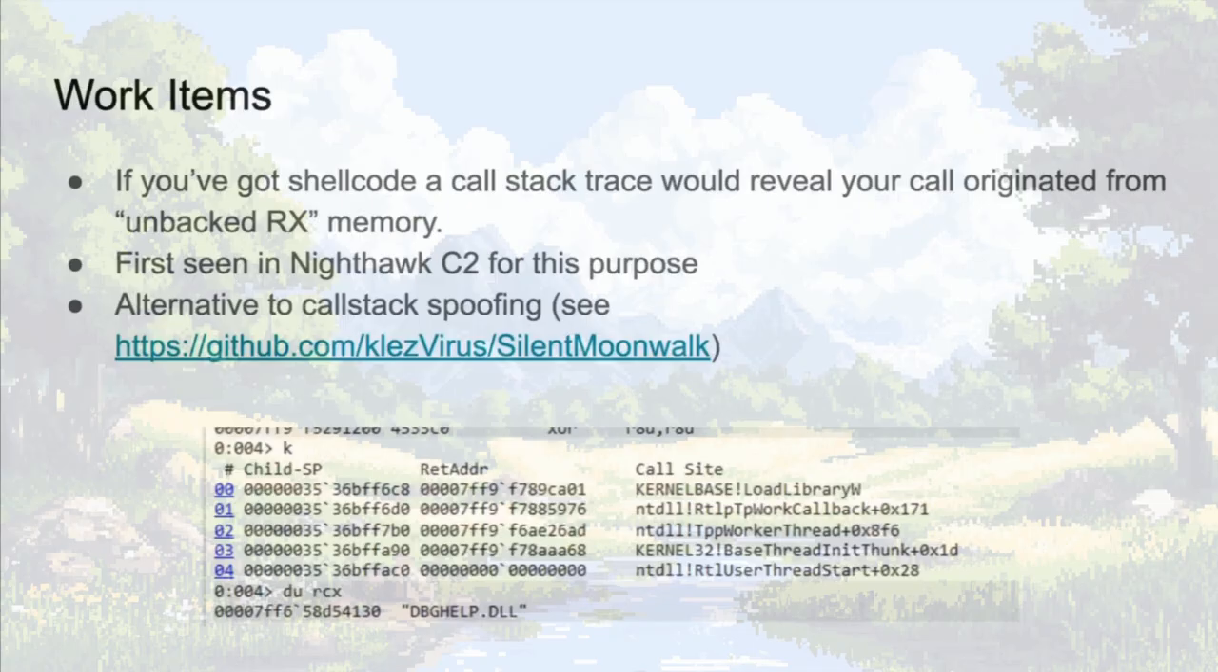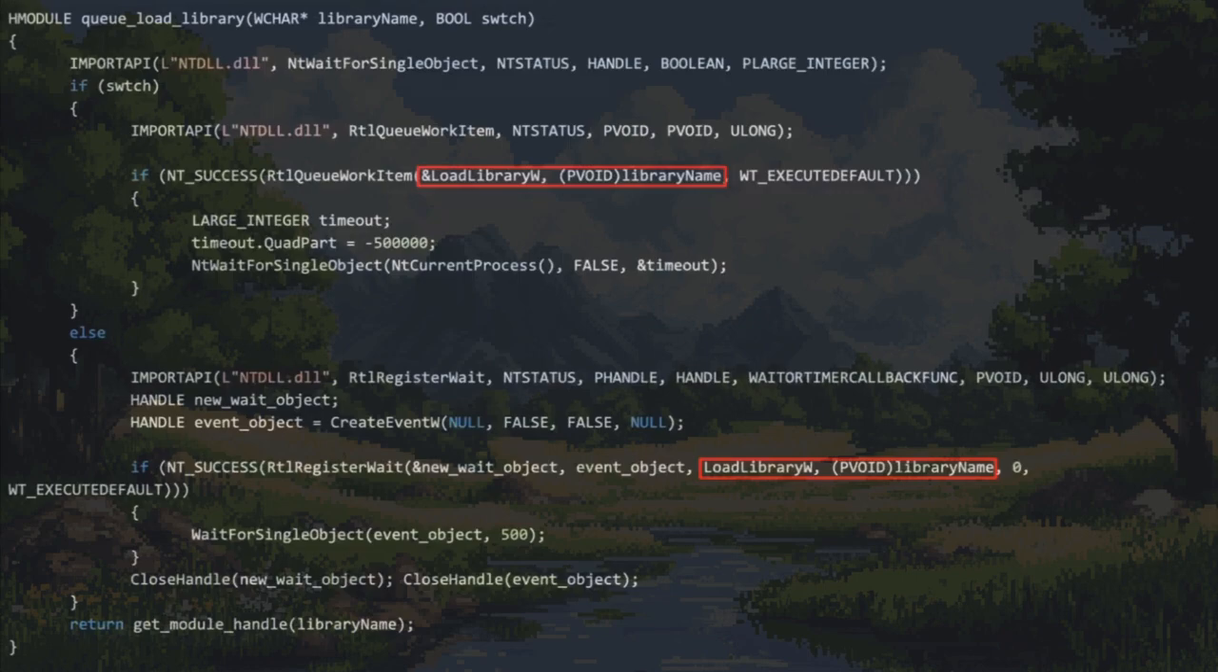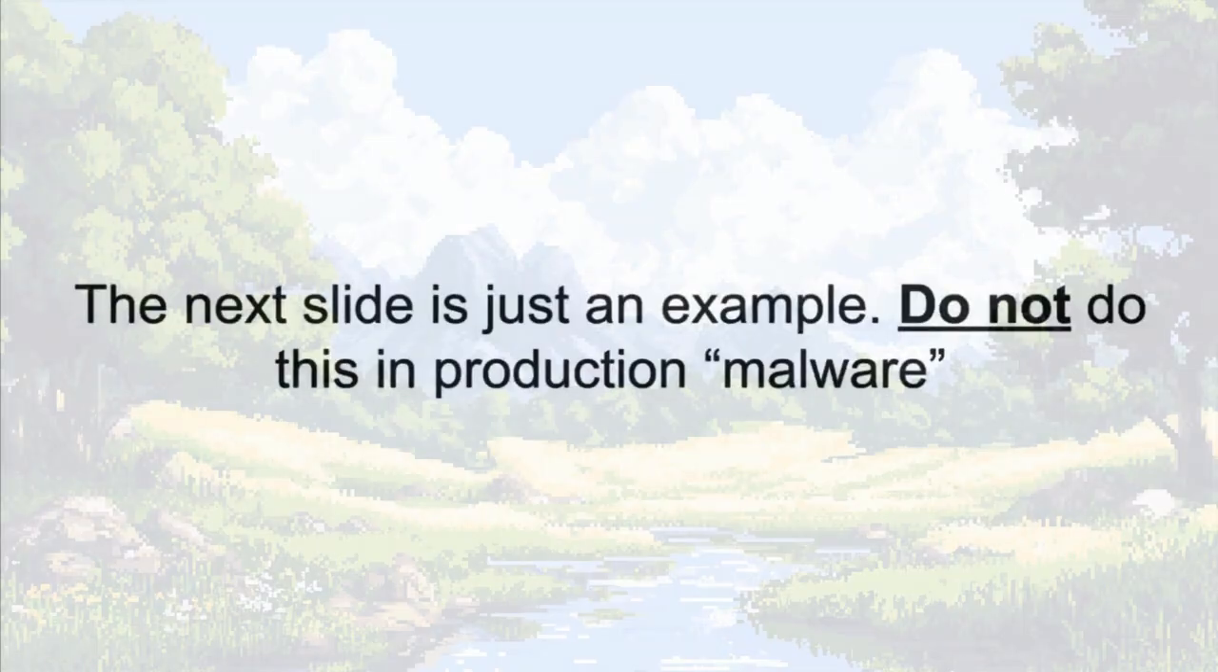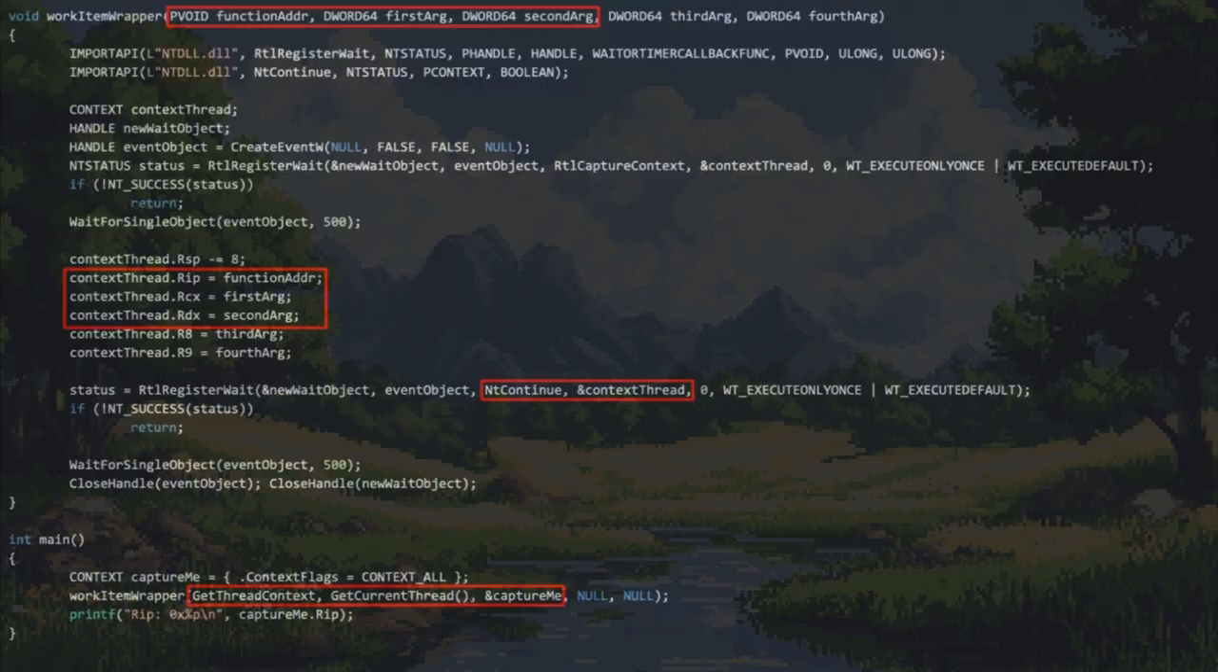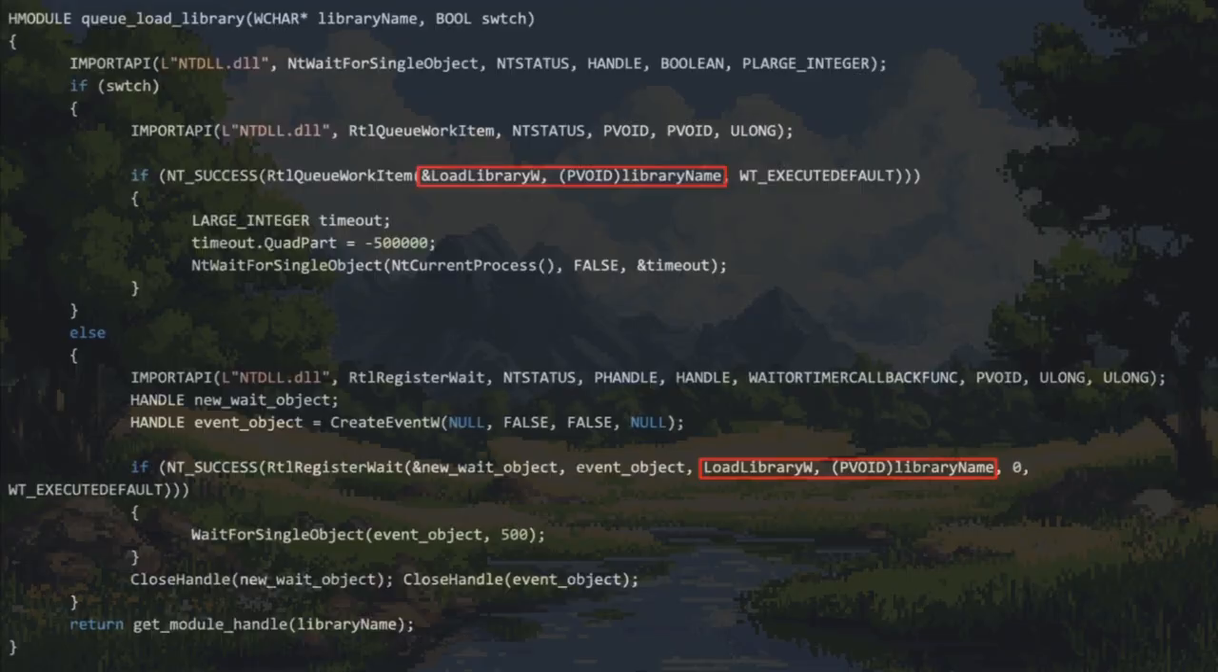So previously we can just call, for example, QLoadLibrary with dbghelp.dll and 1 or 0, and it'll execute one of these. The next slide is just an example. Do not do this in production malware. I don't know what production malware is, but if you're doing this on your red team engagements, this is not a red team tip. So one of the limitations before is that, as we can see, we can only submit